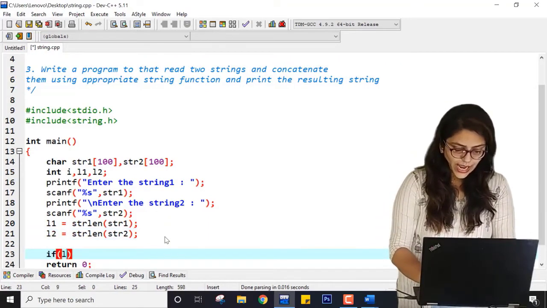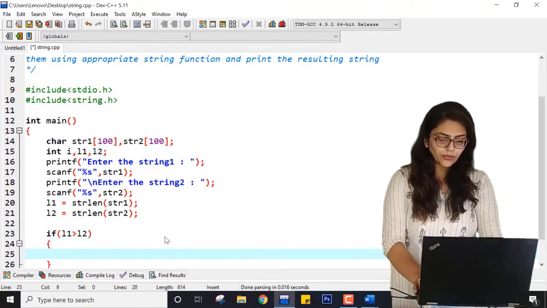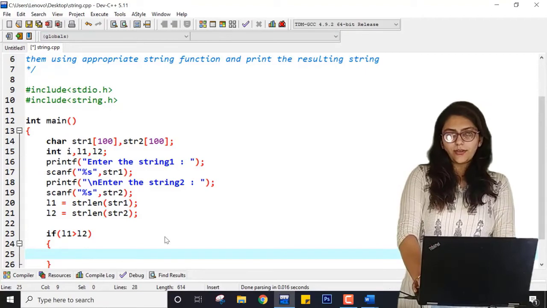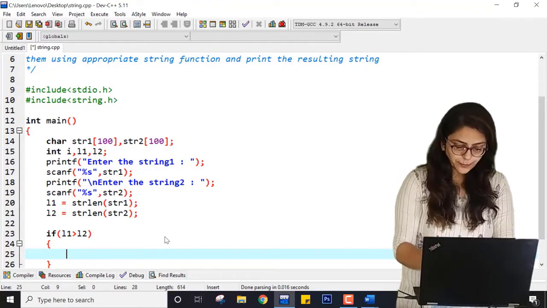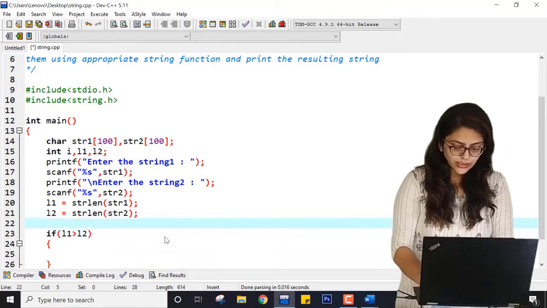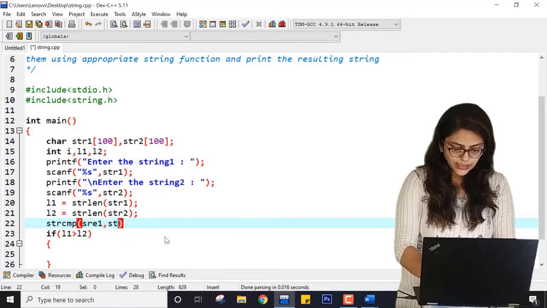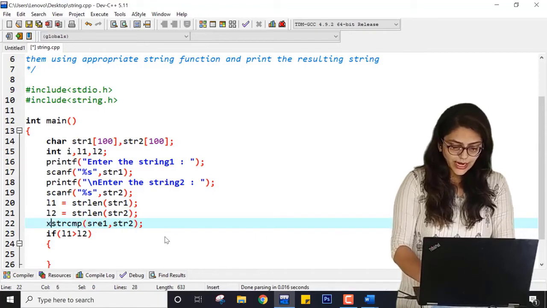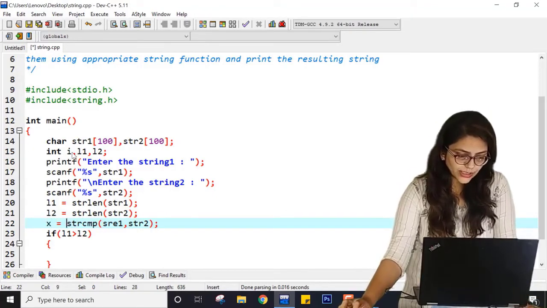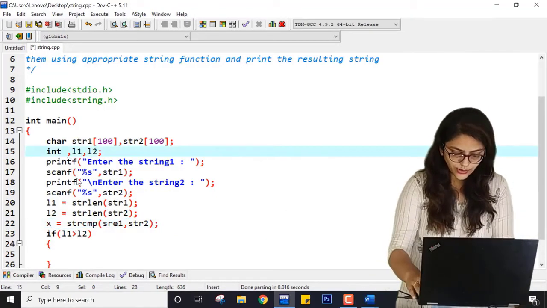If L1 is greater than L2, what does this mean? First I will use strcmp, compare, right? strcmp of str1, str2, and here it will be x. So I have to declare x over here.